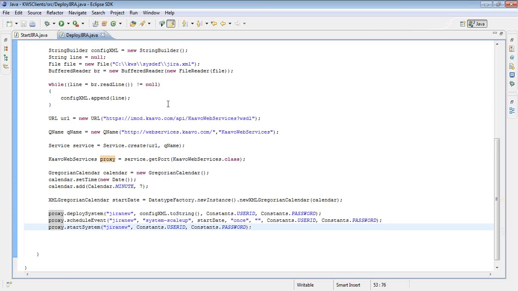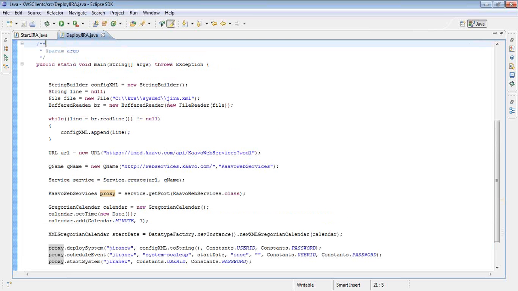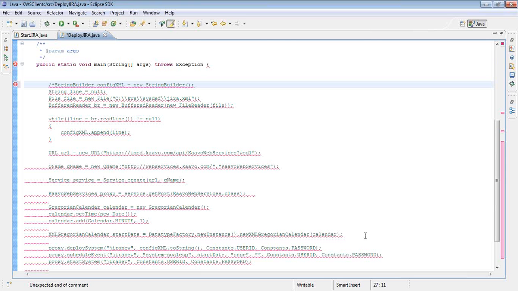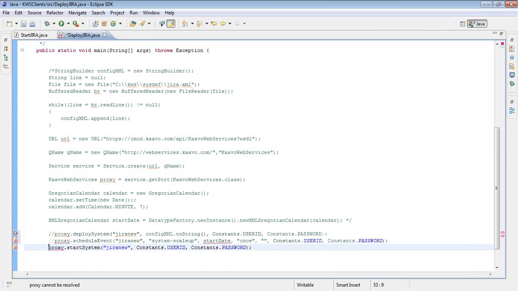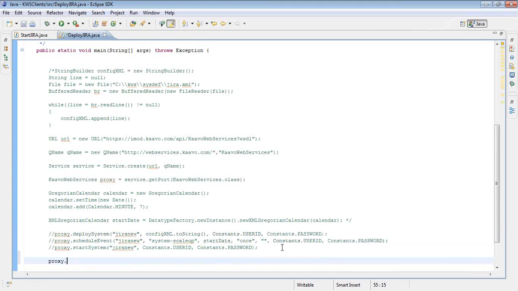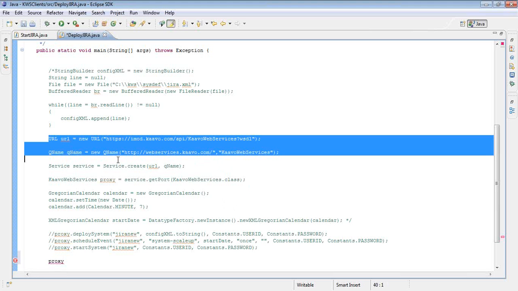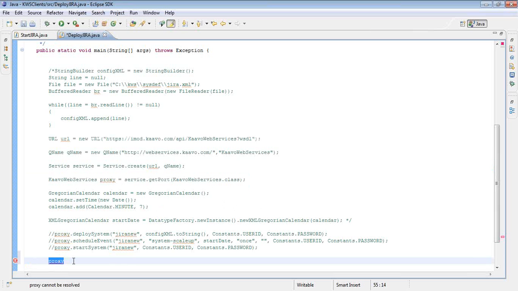So I will just comment out the extra code. You just need to comment out the deploy and start system commands.